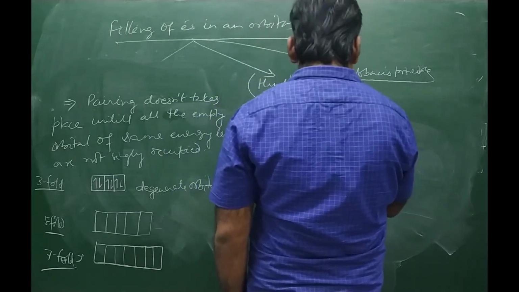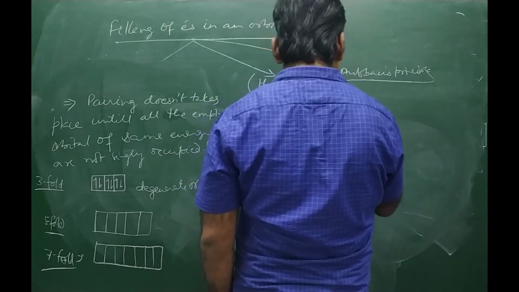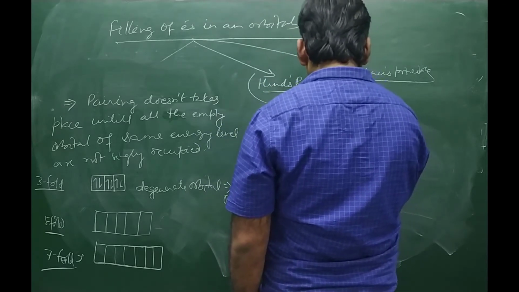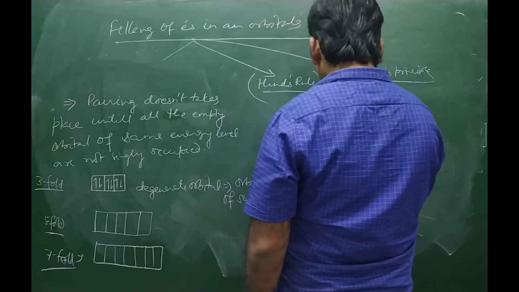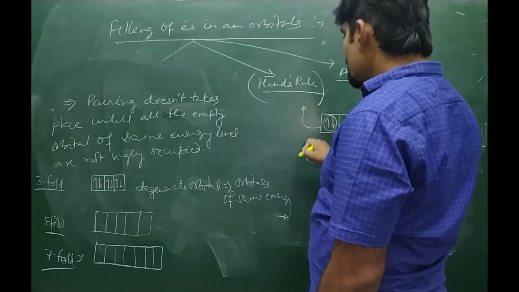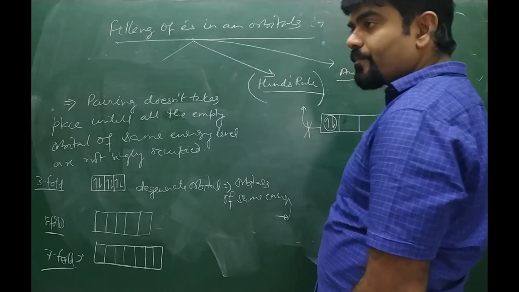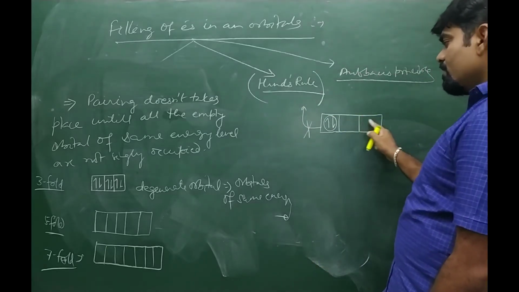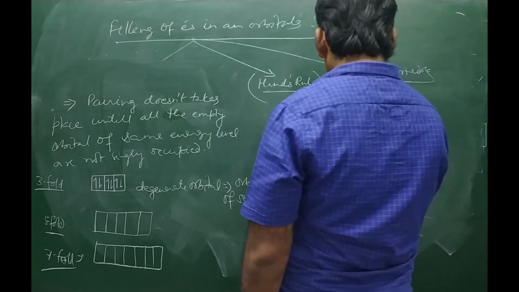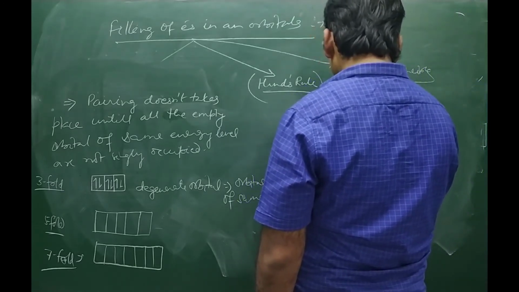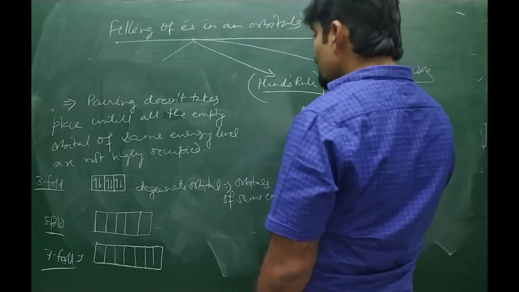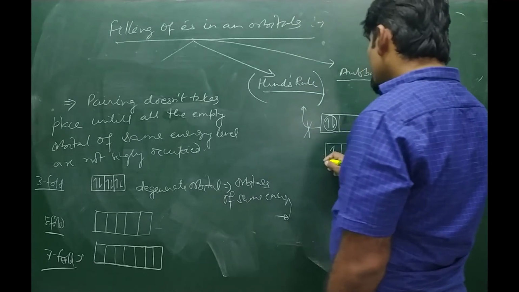Like, see, suppose in the P subshell one electron is given over here, another is given over here. This particular arrangement violates Hund's rule, so this is not possible, because 2 more spaces are left out. But if the electrons are arranged like this, one over here, another over here, this will not violate Hund's rule. This will satisfy Hund's rule.